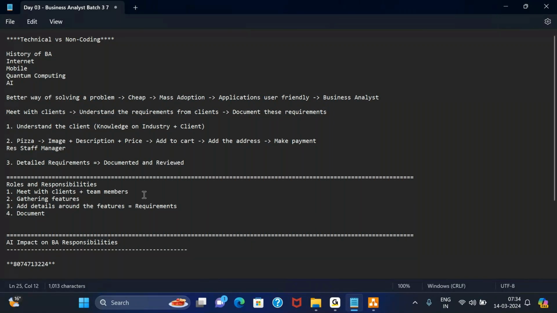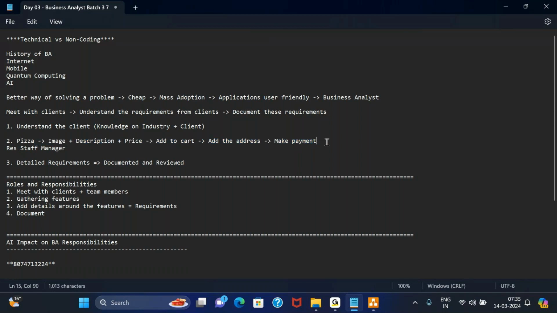So in the IT world, that is why we are documenting, so that we don't forget or miss anything that the client wants. If the client is saying that I want 5 features, we are writing down to ensure that we are covering all 5 features. As of now, I may remember these are the 5 features, but maybe after 1 or 2 days, I will forget. Second thing is to avoid any disputes or arguments. Suppose I had a discussion with the client on these 5 features, I documented it and we are done.